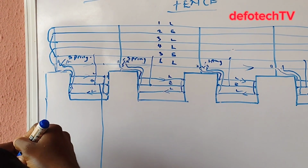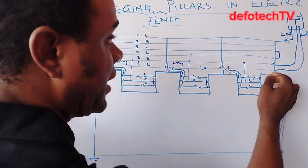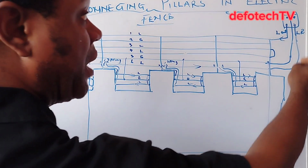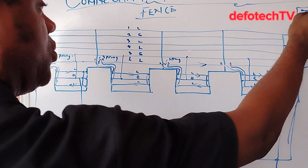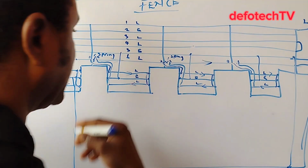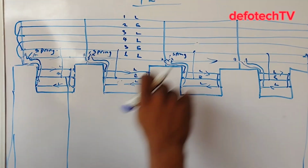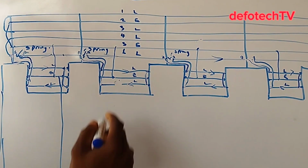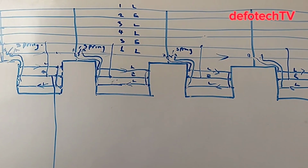By the time you try to remove this, or cut any of this line, you stop supply returning to this energizer. If you cut here, by the time the energizer senses no supply back, there's no return to it, and this alarm here will go off. If you decide to touch here and open here, there will be no supply returning to this energizer, and the alarm will go off. So irrespective of the place you try to open up here,